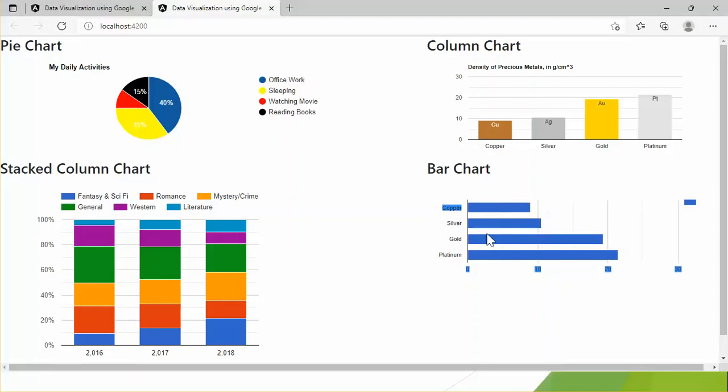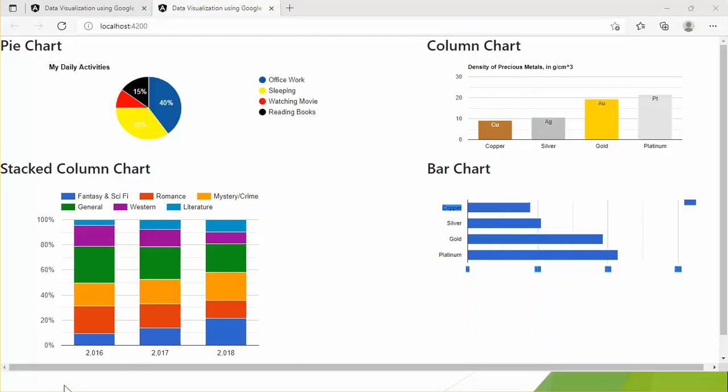In the browser, in the bar chart, one thing I would like to point out is that all columns are the same color. By adding a role in the data table column, we can customize the bar color. In this case, the value of the role is style. The style allows us to control the bar look and feel by using a CSS-like declaration.